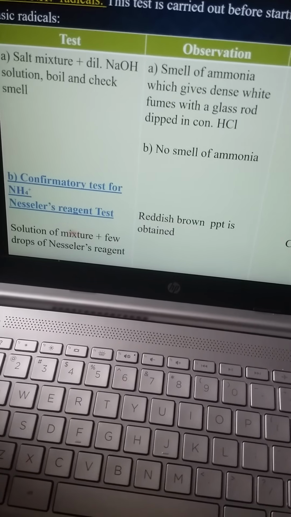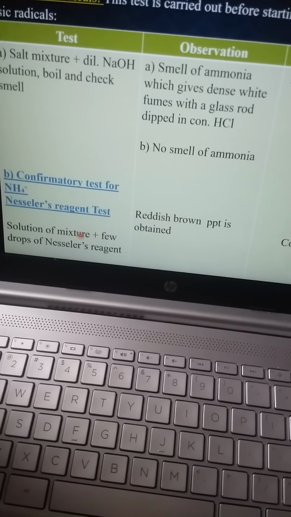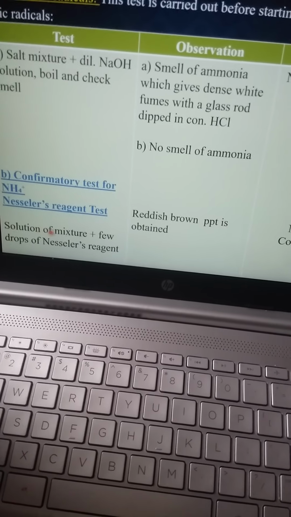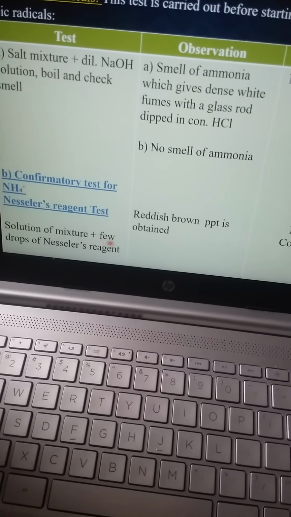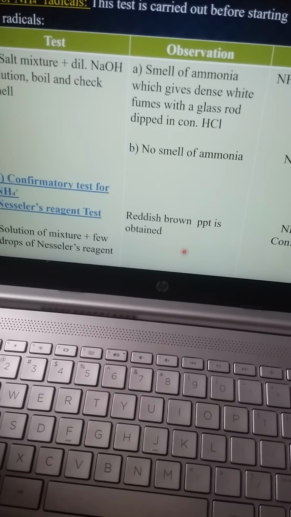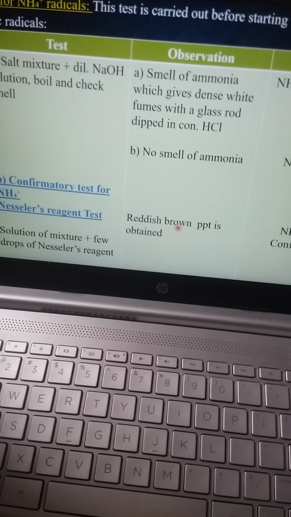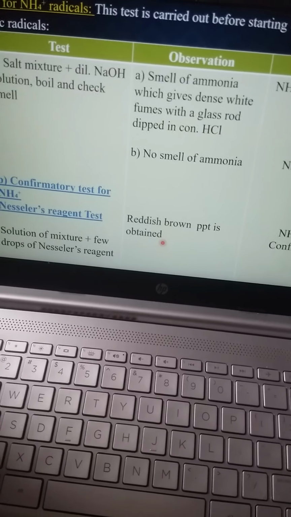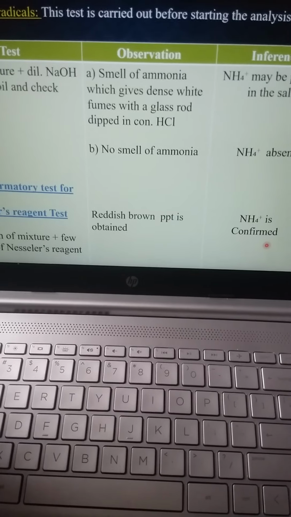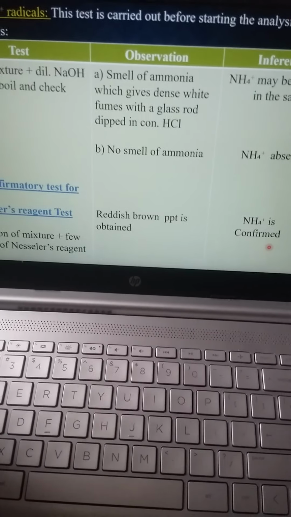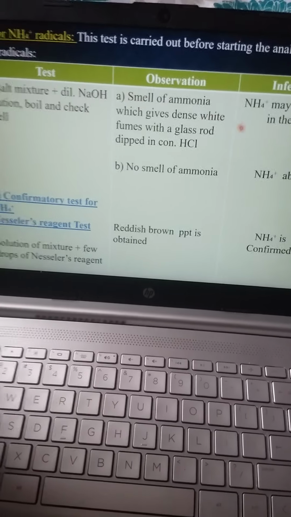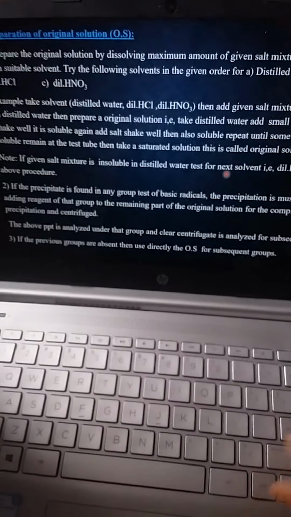In the Nessler's reagent test, you take a solution of the salt mixture in a test tube and add a few drops of Nessler's reagent. You will observe that a reddish brown precipitate is obtained. If you get a reddish brown precipitate, it shows that ammonium is confirmed in the given salt. So this is about the test for ammonium radicals. Next we will learn